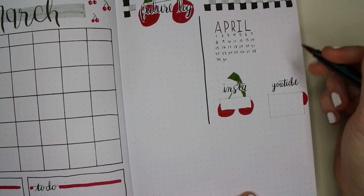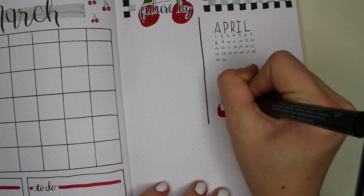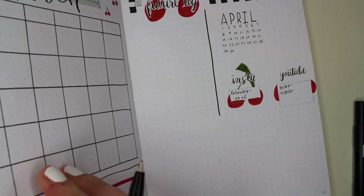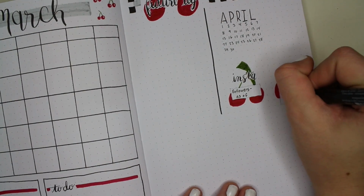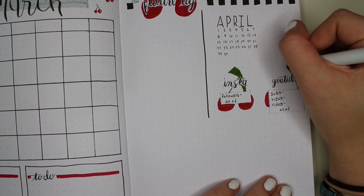This setup is much different than I usually do. I usually use 2 whole pages to make my calendar setup and my future log and different lists like that. My Instagram tracker and my YouTube tracker are all on a different page. I also added the lists: the April overview and the to-do, the goals, and 2 more lists, the events, and